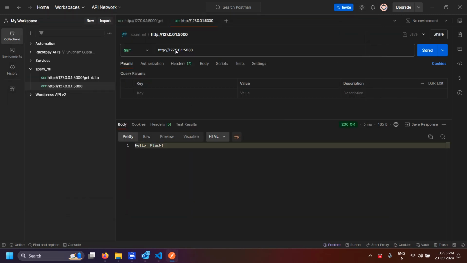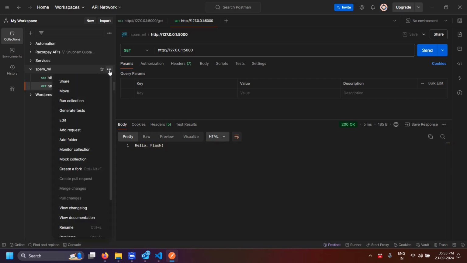Okay, so this is the Postman collection and these are the different GET APIs. There can be 15, 20 or 50, 100 APIs for a system, and this is how you can manage them. You can even create a new folder. So if I add a folder here